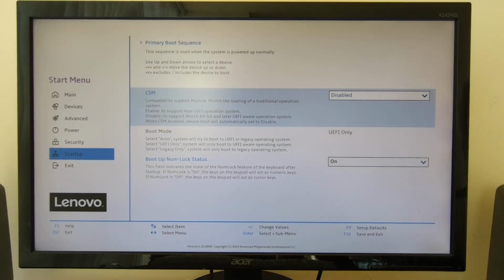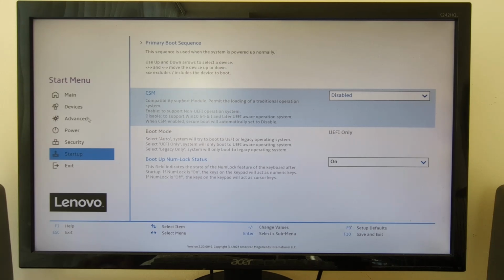Today is January 29th, 2025, and I'll be showing you how to install F96-CE4 PuppyLinux into a UEFI PC. So right now I've started my BIOS in my Lenovo desktop, and you can see that